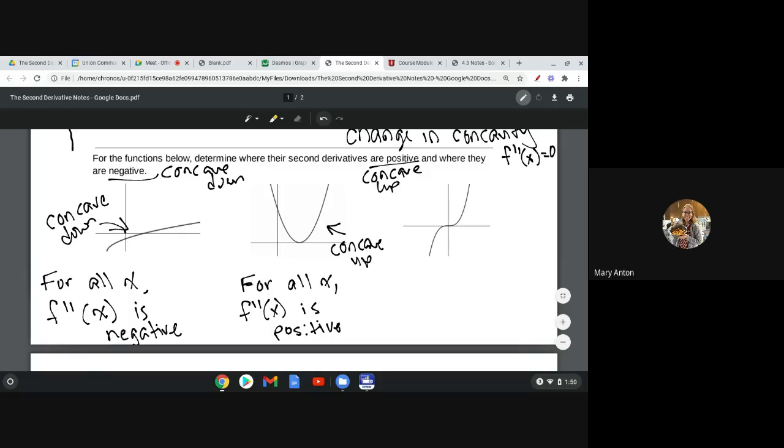This one is both concave up and concave down. When does it switch between the two? Where's the inflection point? At 0, yes. Very good. So at this point is when we switch from being